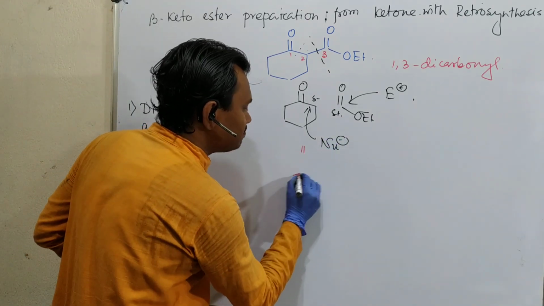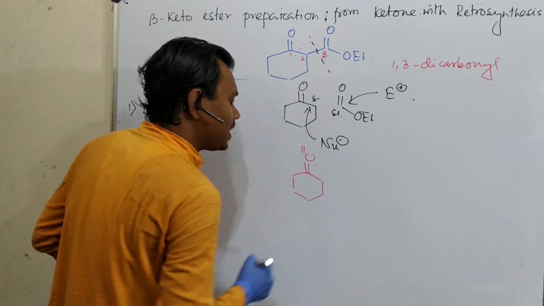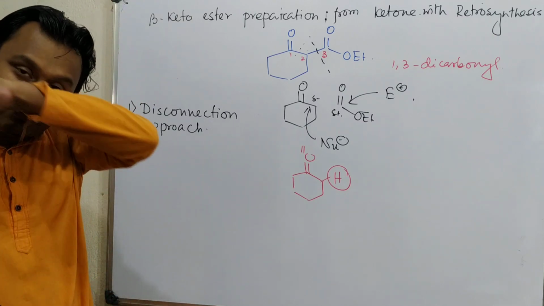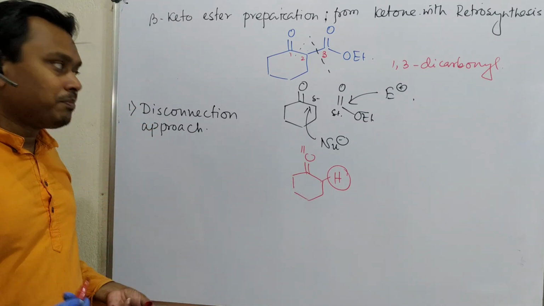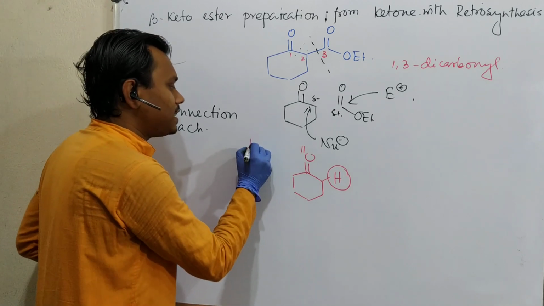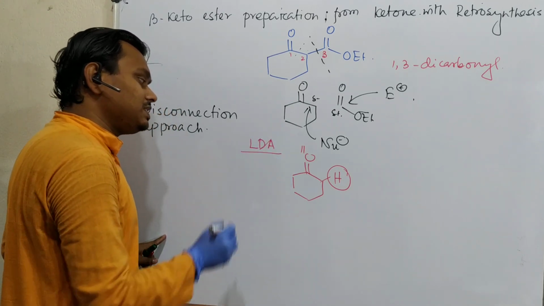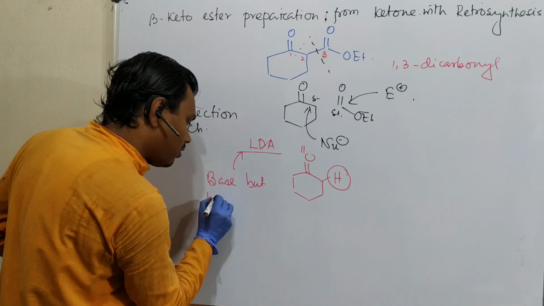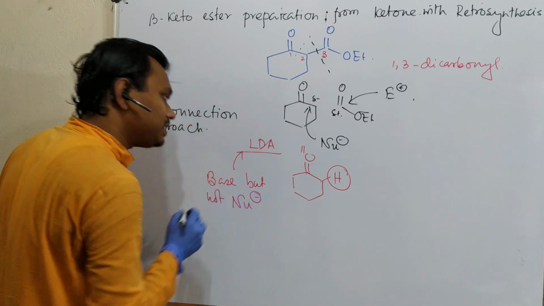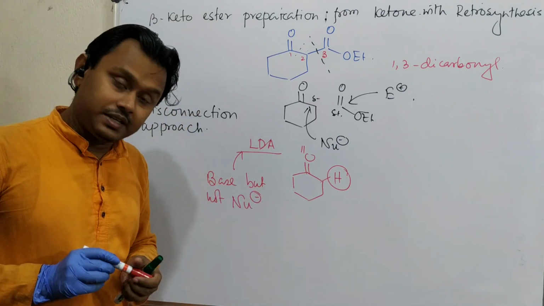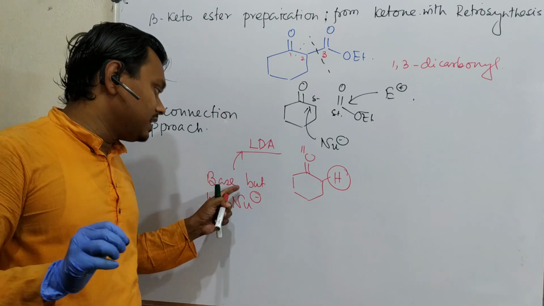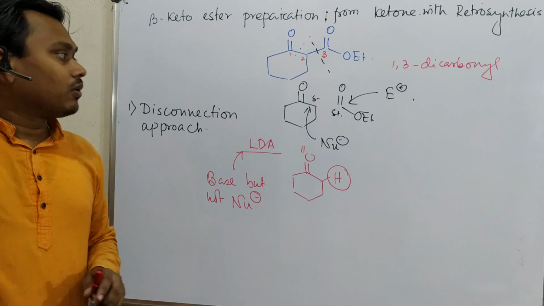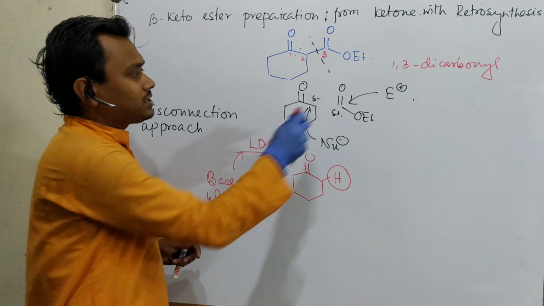this we can consider as a simple ketone, because we know the alpha position of the ketone is significantly acidic, so in presence of any base you can deprotonate, and one of the best bases for this is LDA. Why? Because LDA is a base but not a nucleophile, and I have already discussed the properties of LDA in details in a lecture. Please visit the LDA lecture if you want to learn this thing in details. I am not going to discuss it here again. Now, this we understood. So question is, what is the corresponding synthon of this?